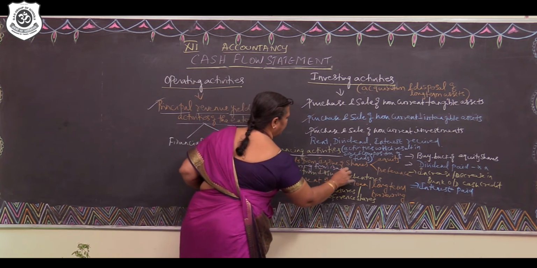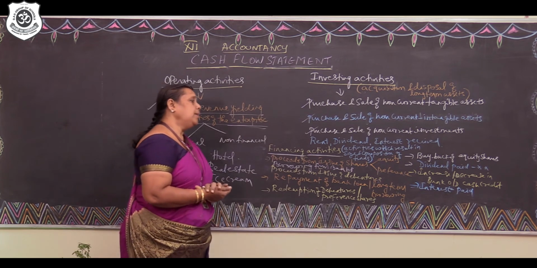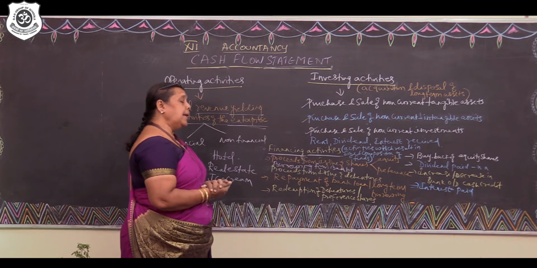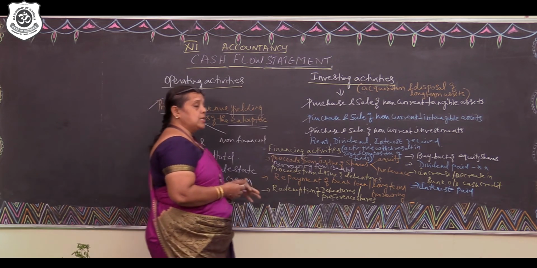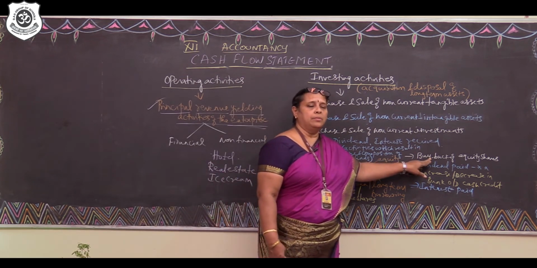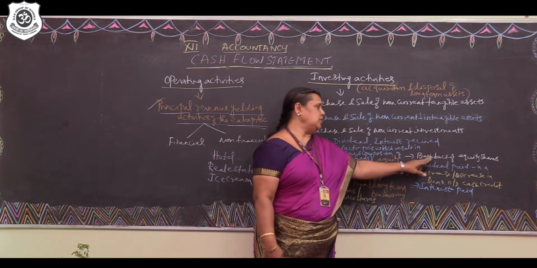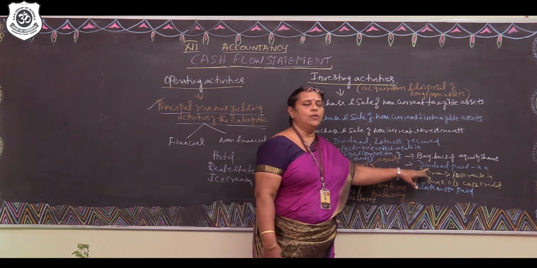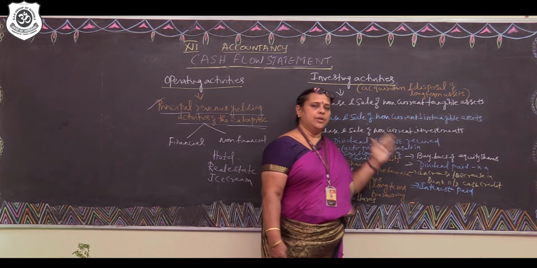Borrowings from banks, then proceeds from issue of debentures, repayment of bank loan or long-term borrowing, then redemption, that is repayment of debentures or preference shares, then buyback of equity shares. This is all after the amendment of the Companies Act. Buyback of equity shares, then dividend paid. Please remember, dividend paid will always be a financing activity for any type of enterprise, whether it is a financial enterprise